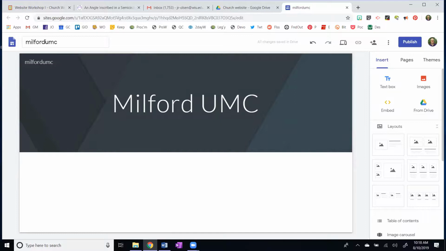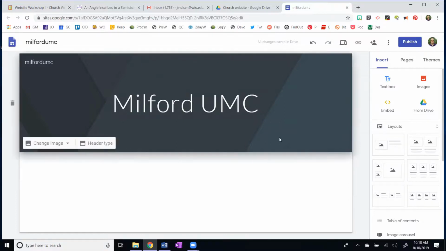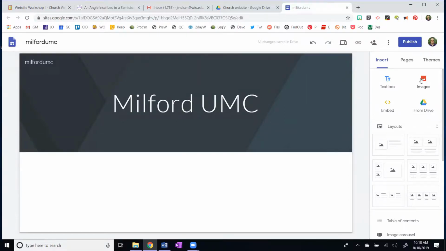And if you look on this right-hand side, if I could have your attention up here, we can put in a text box, we can put in an image, we can embed code. It is going to be important today to learn a little bit about what we mean by HTML code, or we can input things directly from the drive, which is a very nice feature of Google Sites, by the way.